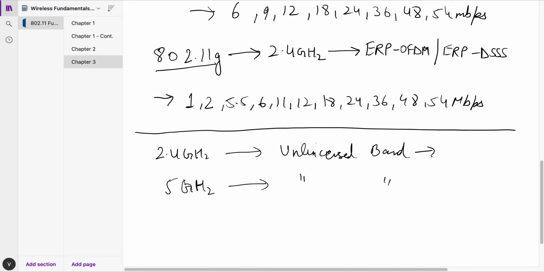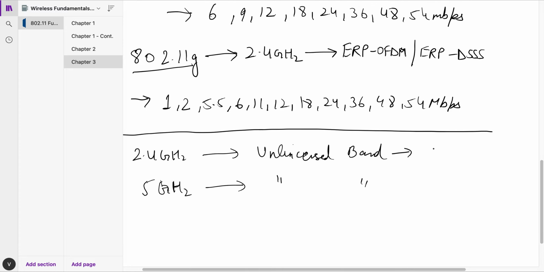The 2.4 gigahertz band has approximately 72 megahertz of frequency width to send traffic. I will go into details in the following chapter. I'll draw each channel on the screen for you to understand better. But just understand that for now, in 2.4 gigahertz, we get up to 72 megahertz of bandwidth to send traffic,